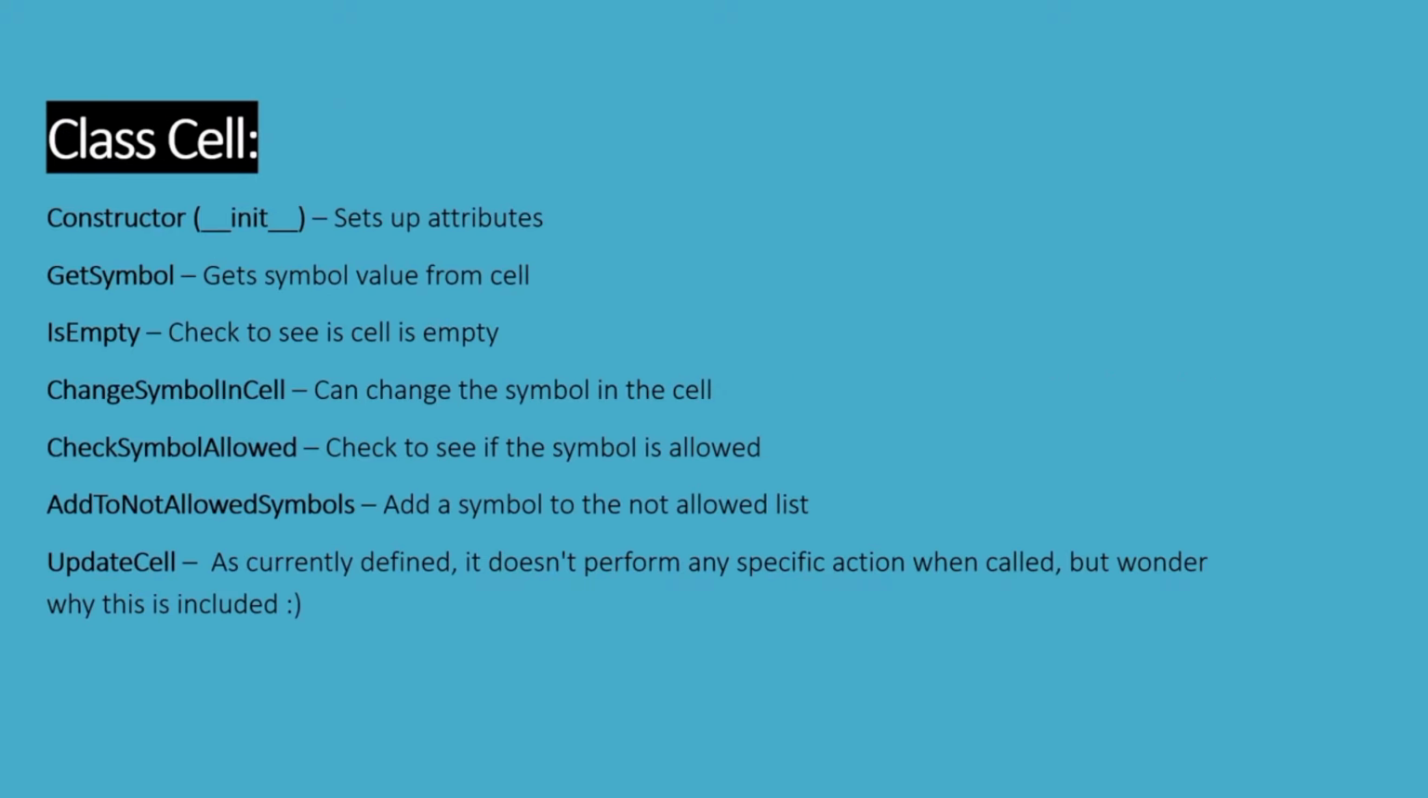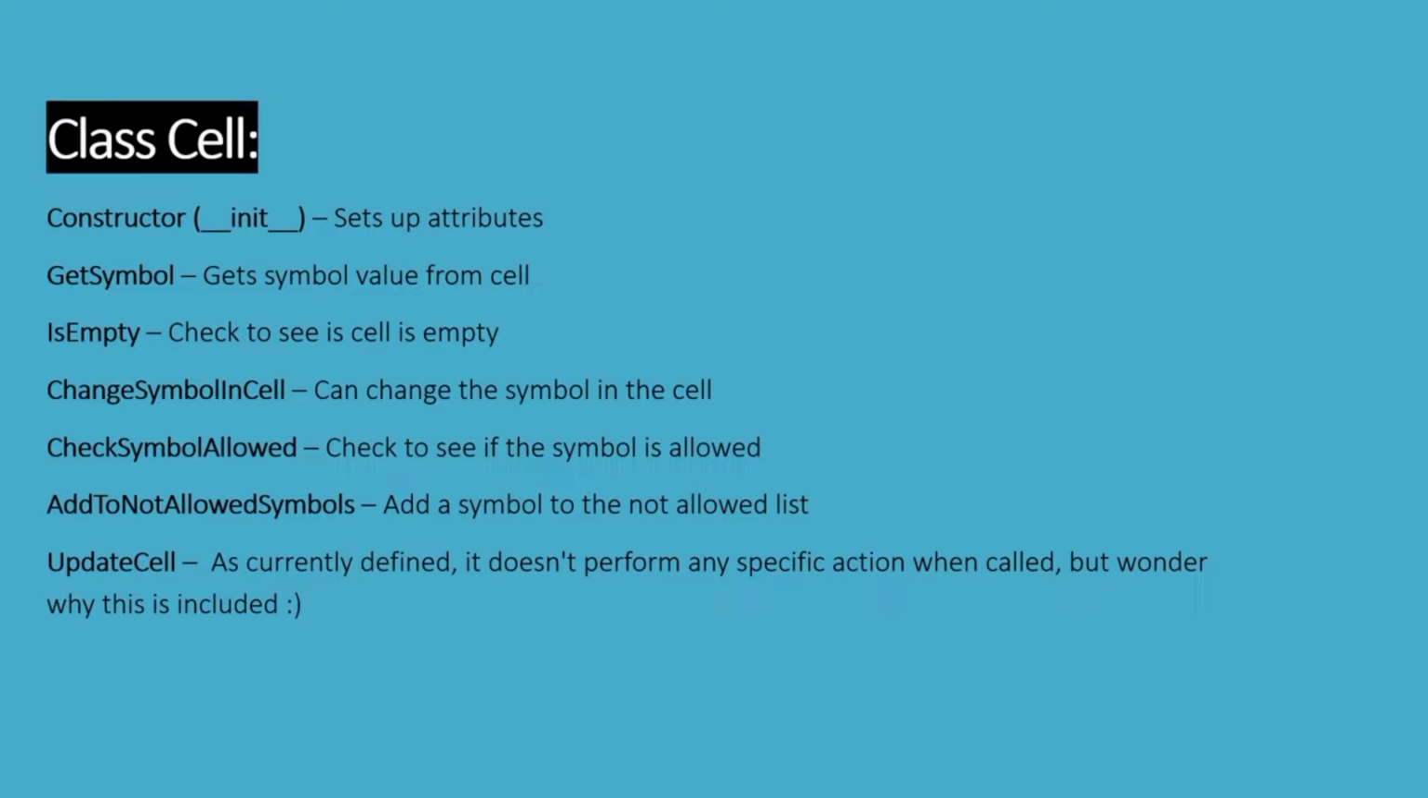Coming on to our cell class, we've got the constructor method which sets up the attribute. Then we've got getSymbol which gets the symbol from the cell. We've got isEmpty which checks to see if the cell is empty. Then we've got changeSymbol in cell which changes the symbol in the cell according to whatever was entered by the user. Then checkSymbolAllowed checks to see if the symbol is allowed. Add to not allowed symbols, add a symbol to the not allowed list. And then update cell,